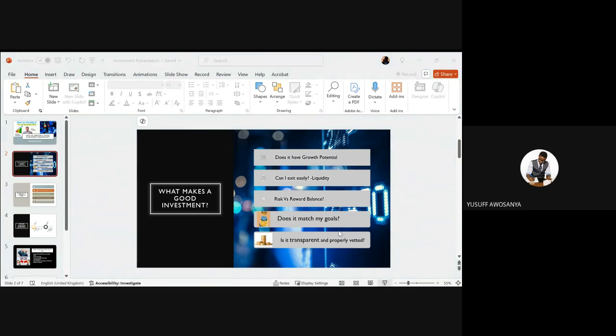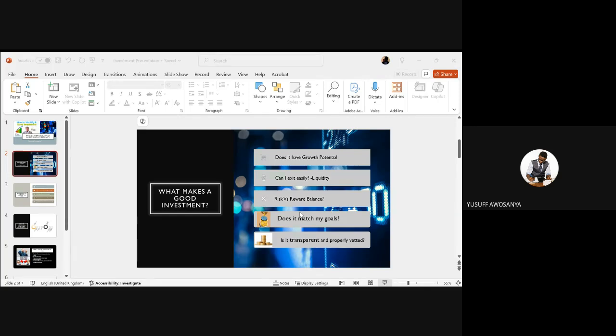All right. So where were we? So the difference between investment and an expense is just the return part. So if it's not going to give you a return, it's definitely an expense. An expense could be just you pay for something to get value, but the difference is that you are not expecting any returns in the future. So what makes a good investment? The first one, like I said, it needs to have growth potential. It needs to grow, right?